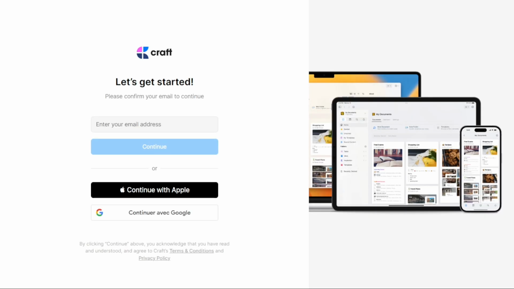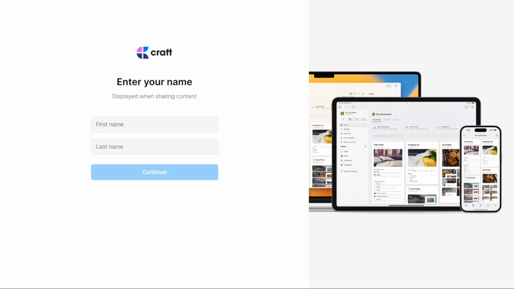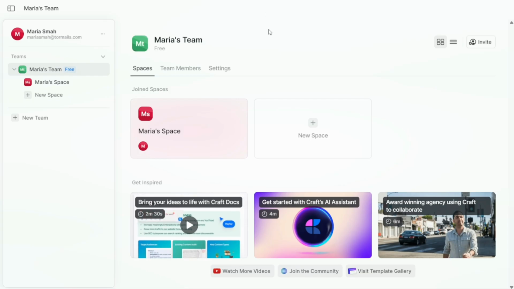Clicking on the Launch in Browser button will take you to another page where you will be prompted to sign up with your email, Apple ID, or Google account. Simply choose the desired option and follow the prompts to complete the sign-up process. Once you have signed up, you will need to enter your first name and last name, and then click on Continue. This will take you to your team dashboard, where you can start exploring the features and functionality of Craft